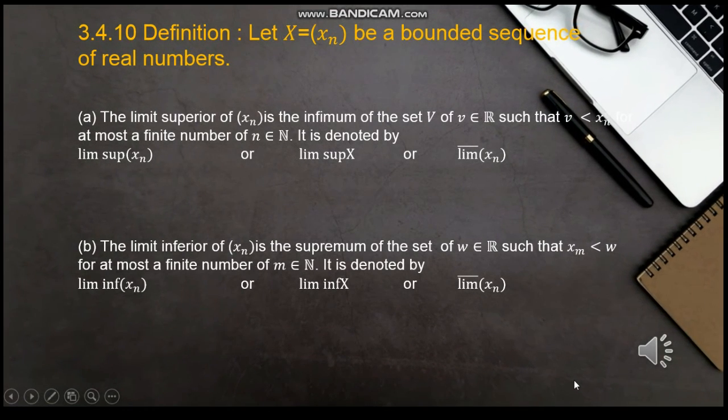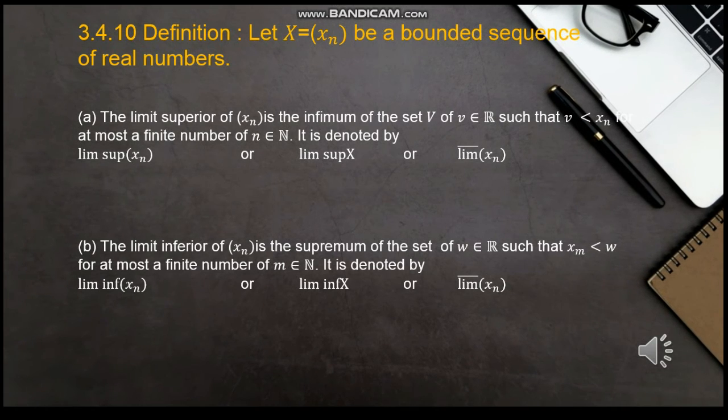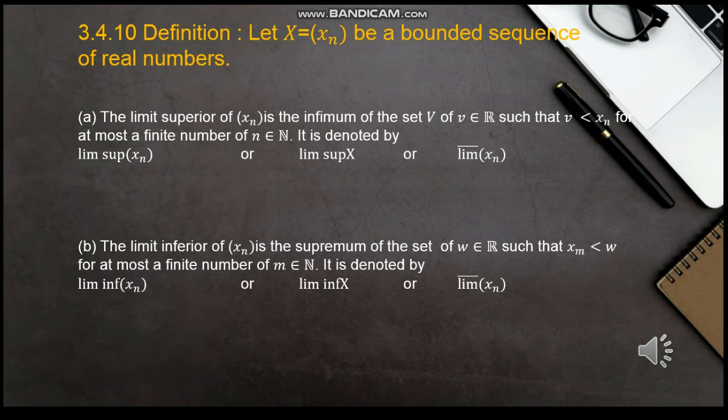Definition 3.4.10. Let big X equals (xn) be a bounded sequence of real numbers. A. The limit superior of xn is the infimum of the set big V of small v element R such that v less than xn for at most a finite number of n element natural number. It's denoted by, you can see the symbol,